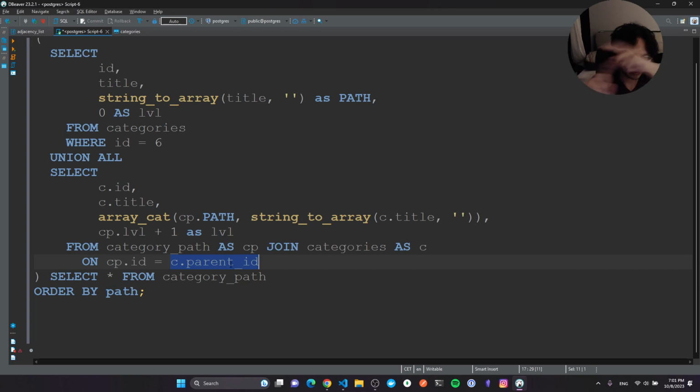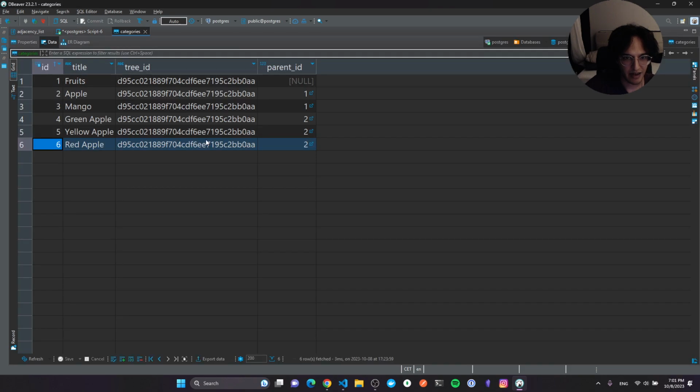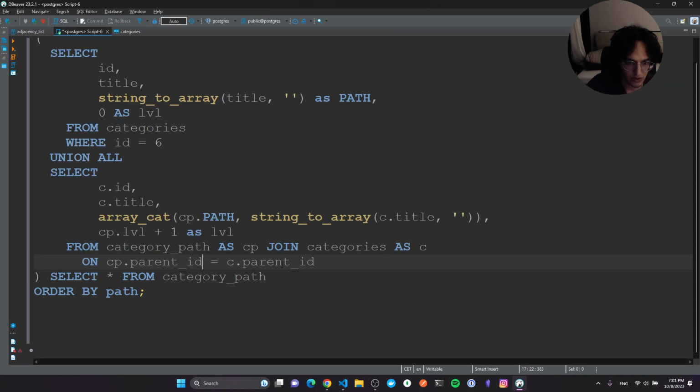But if I switch it, this means go to the parent ID I currently have, which is 2, go find it in the ID column in the same table. So the parent ID here is 2, go search here for 2, I find it, that's it. And now go for this row, the parent ID is 1, go find it. So if I just switch this condition,